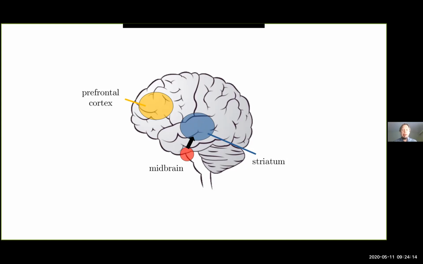Of course, we still don't know how the states are exactly represented in the striatum, how the actions are represented, how new states and new actions might be learned. But based on neuroimaging studies and lesion studies, we know that this sort of model-free learning does happen in the human brain. There is furthermore some evidence that model-based reinforcement learning is also occurring in the human brain,